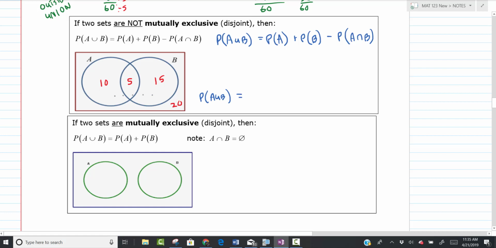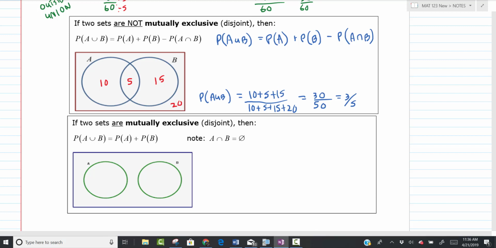Well, A union B would be 10, 5, and 15. The universe would be everything added together, so it would be 10 plus 5 plus 15 plus 20. That means the numerator would be 20 plus 10, or 30. The denominator would be 50. So that would be a 3/5 probability. Well, let's see if the formula works, and this will help you understand why you have to subtract off that